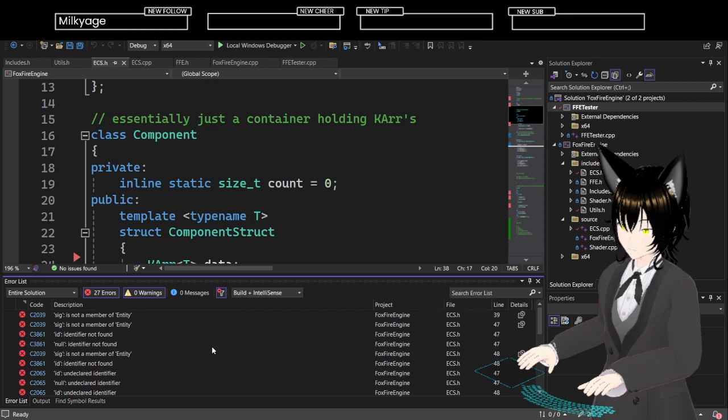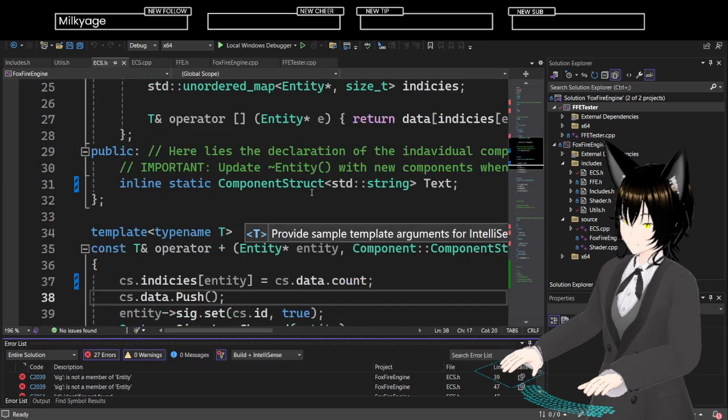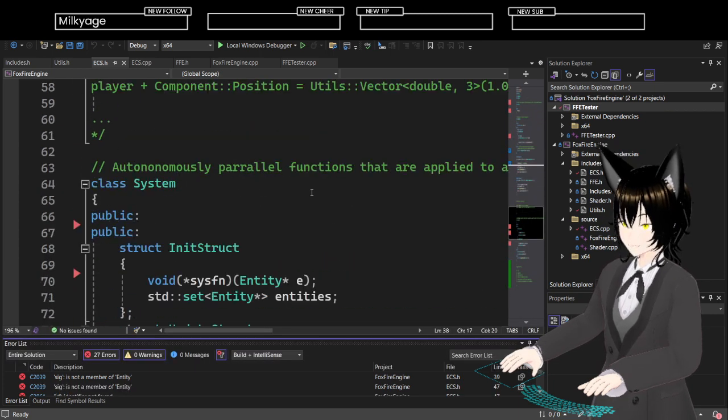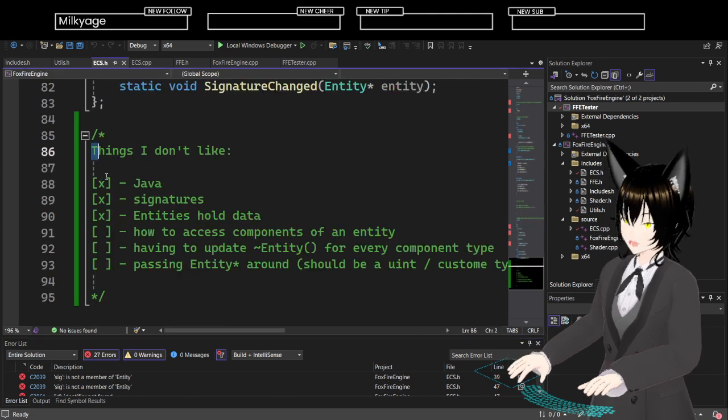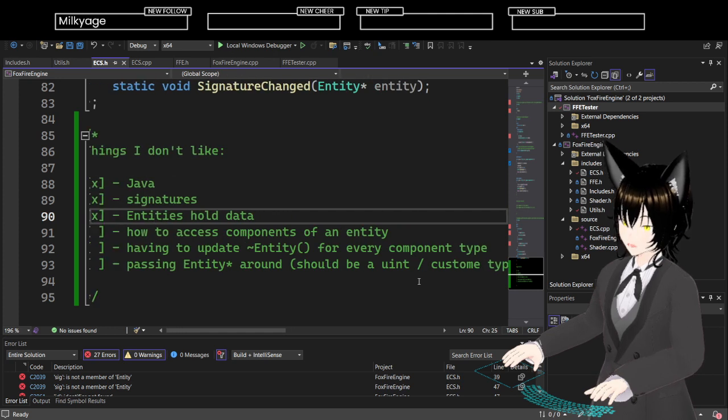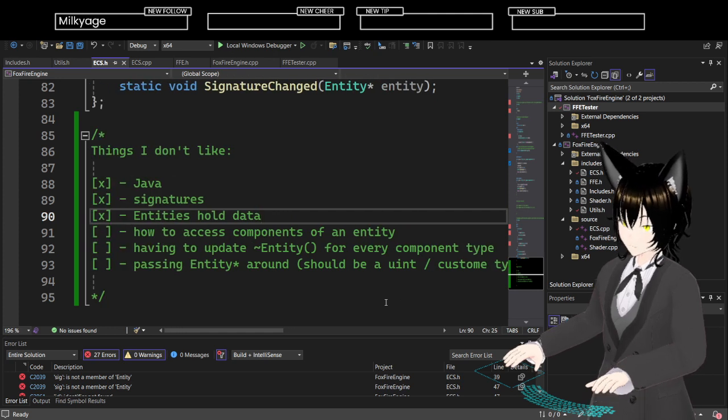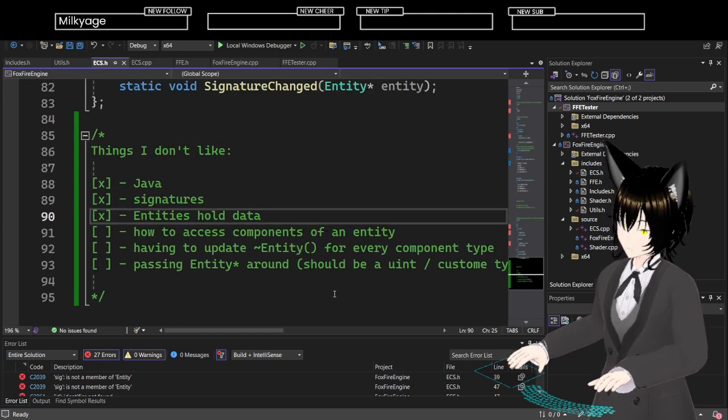Cool, perfect. So, pretty sure you missed the intro, but I am redoing the entity component system again because of things I don't like. So let's just, yeah, that's good.